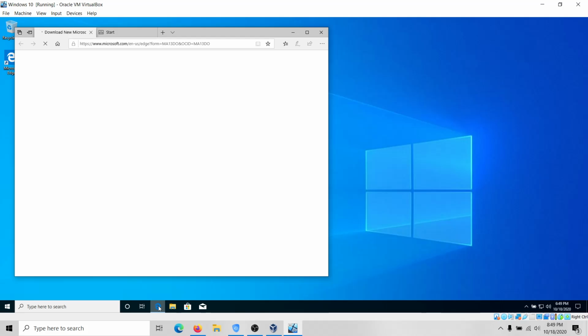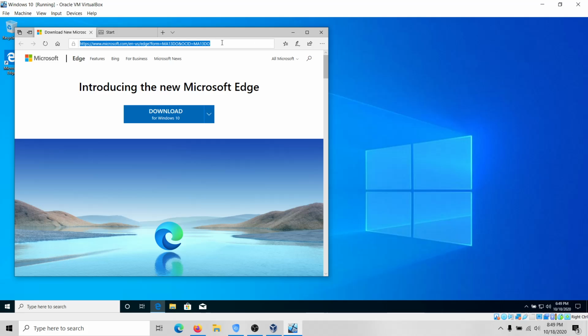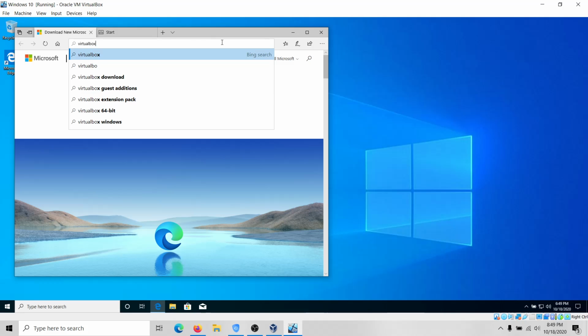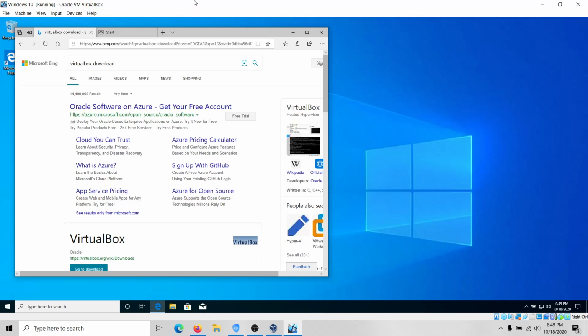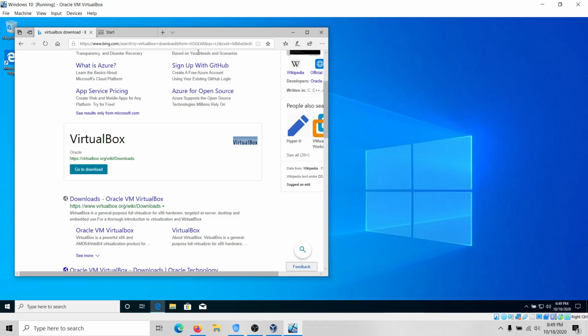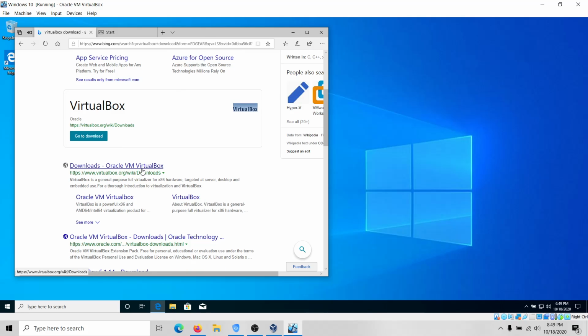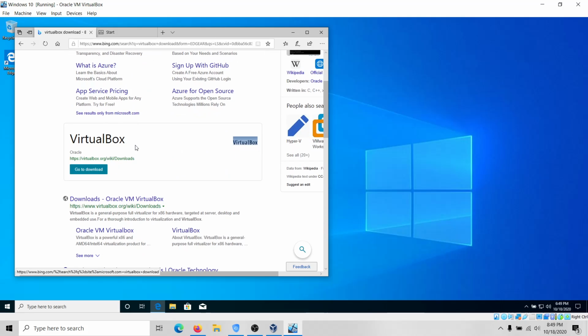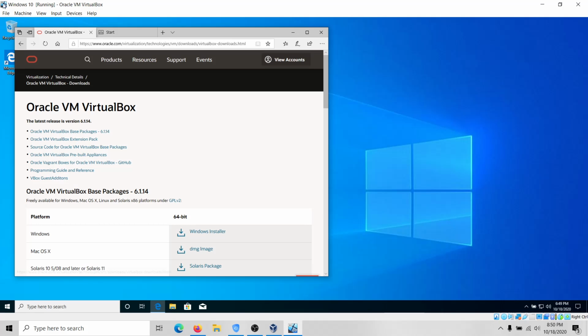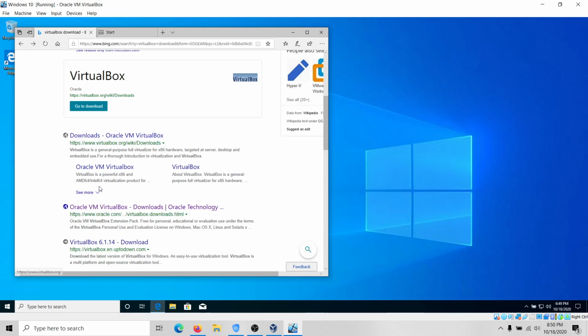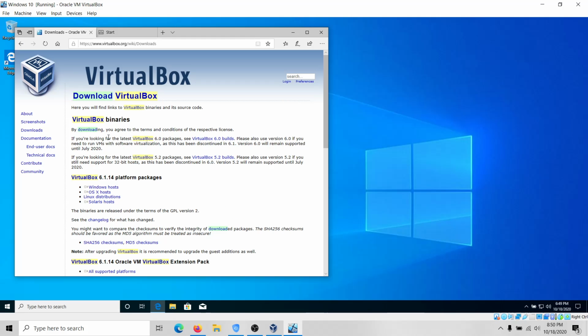So I'm just going to go up here to Edge, and we will search VirtualBox download. All right, perfect. We'll do our search here, and I'm just going to use Bing because it's already here and it's slightly simpler. All right, here we go. Got plenty of options here. We want to do the one from Oracle here, so we're just going to do this option right here. Whoops, actually, hold on. Sorry. Let's go to this one right here, the one that says downloads. I apologize. All right, and here's where we're actually going to be downloading the software